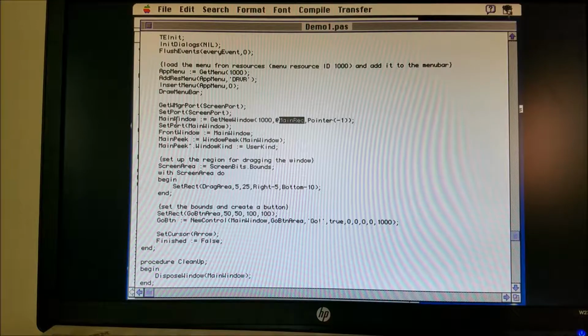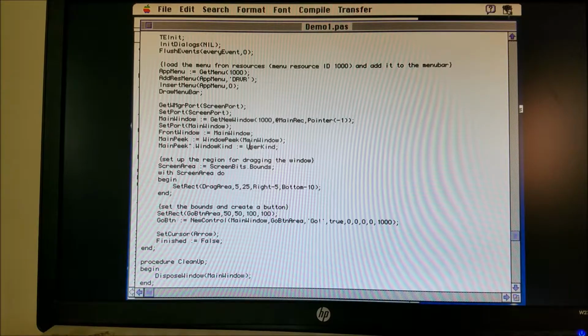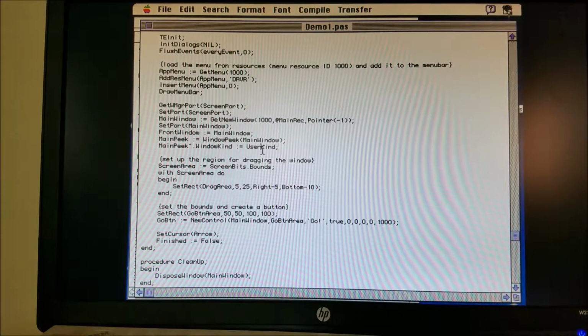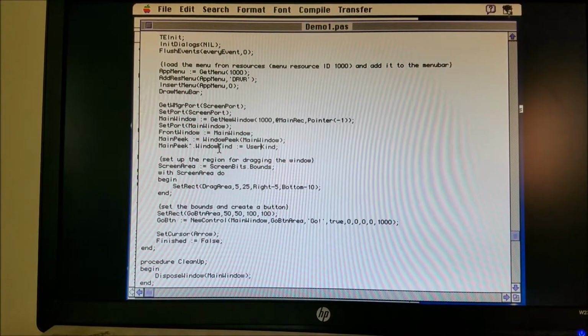I'll set the port to the newly created window, set the front window to our window, and then mark the window as user kind, which is something that we're doing logic on based on our callback, to see whether the window that was clicked was a user kind, or if it's not, then it's probably a system window. So we set that flag here,